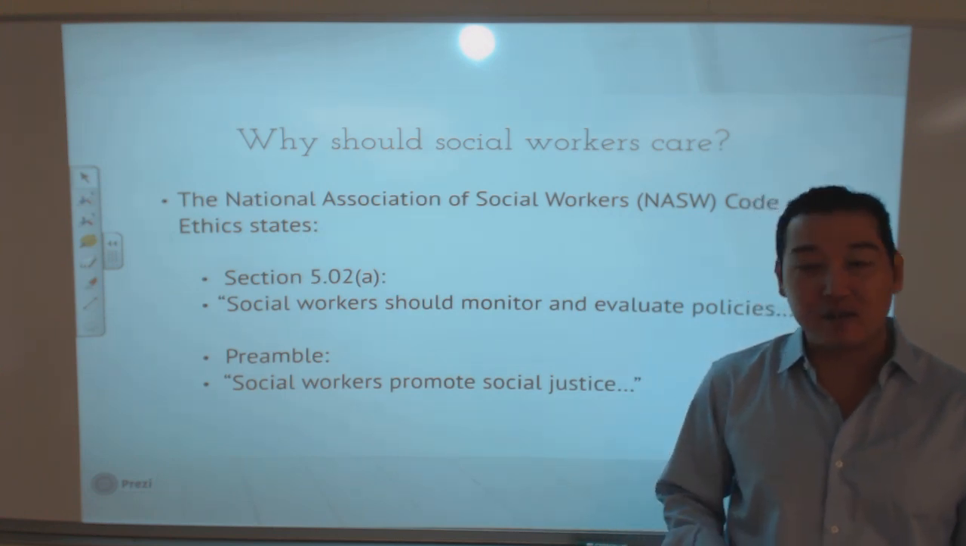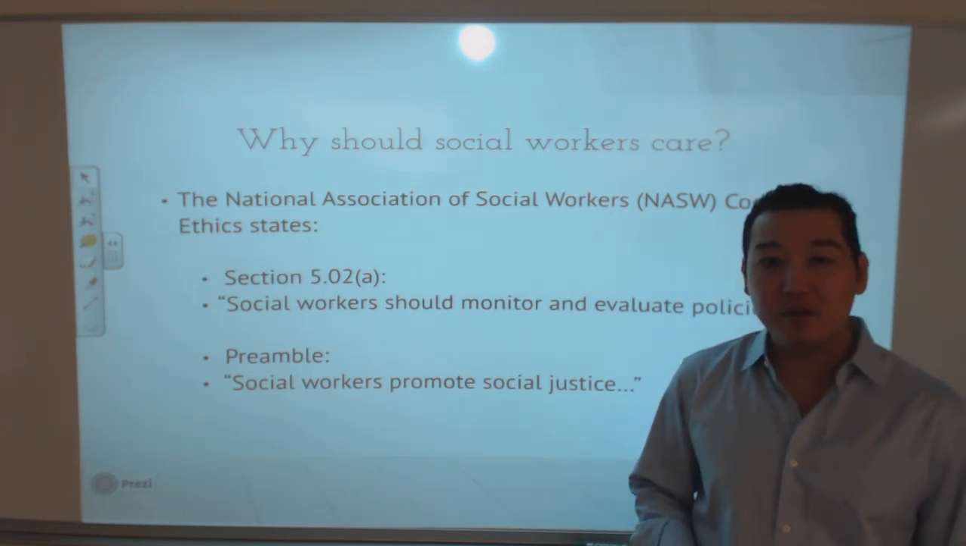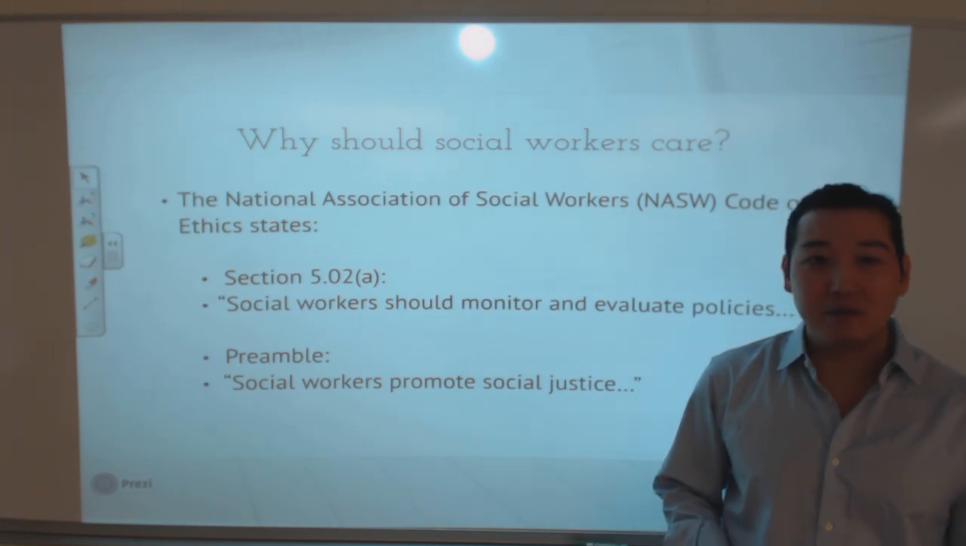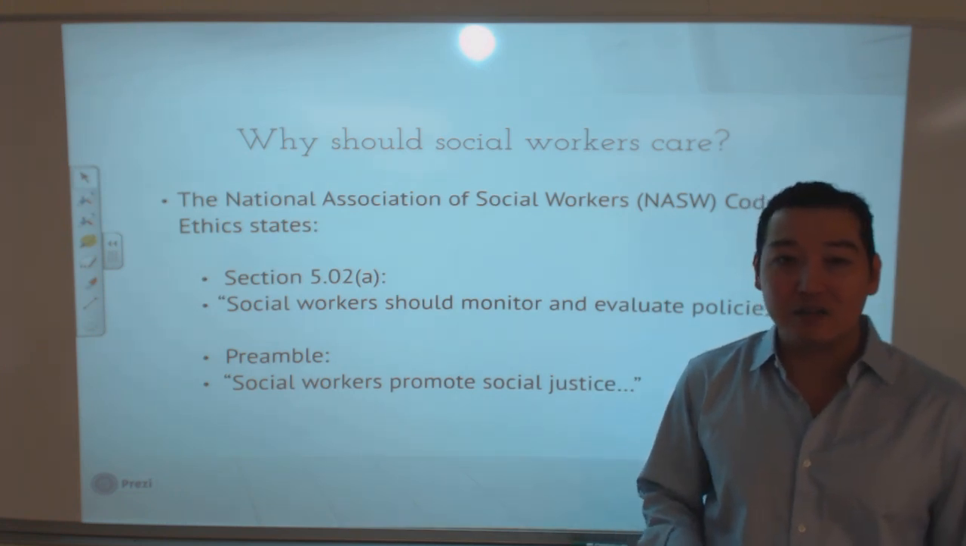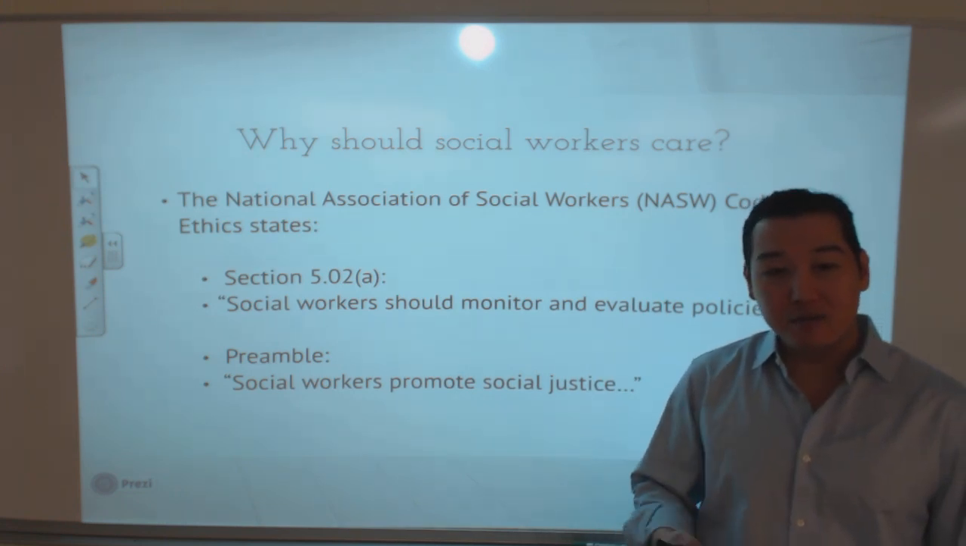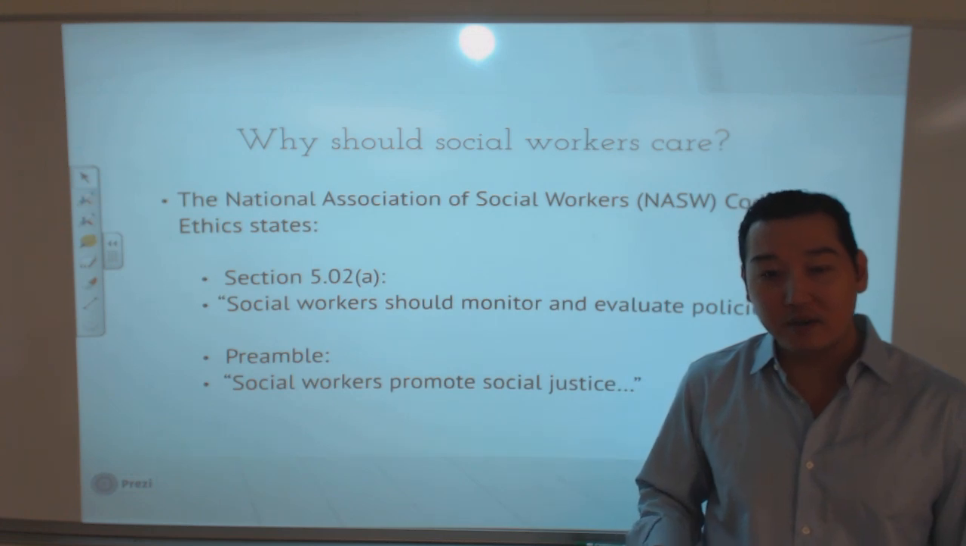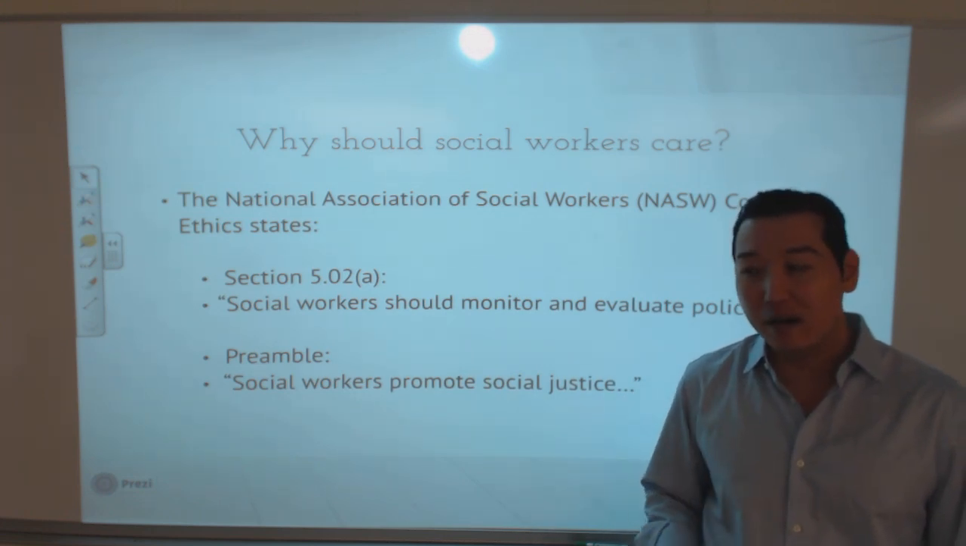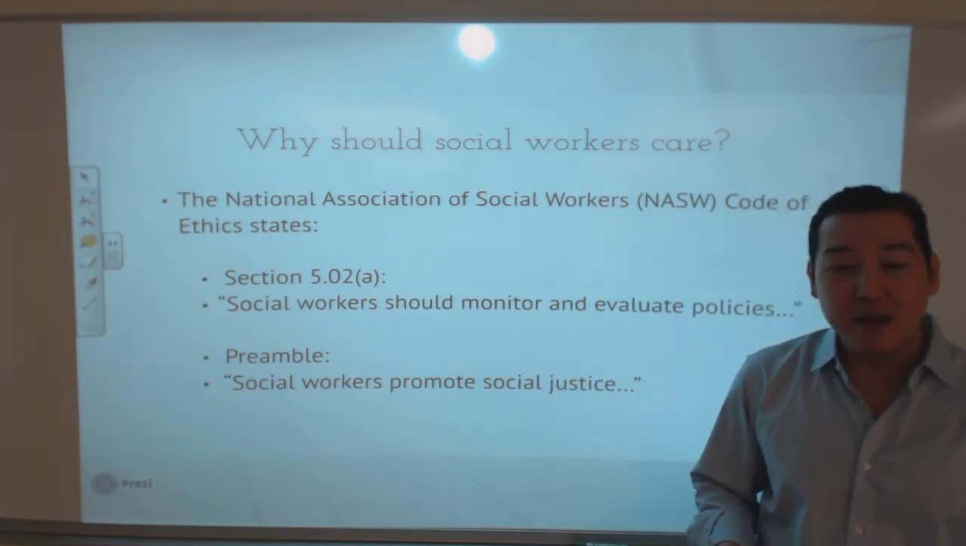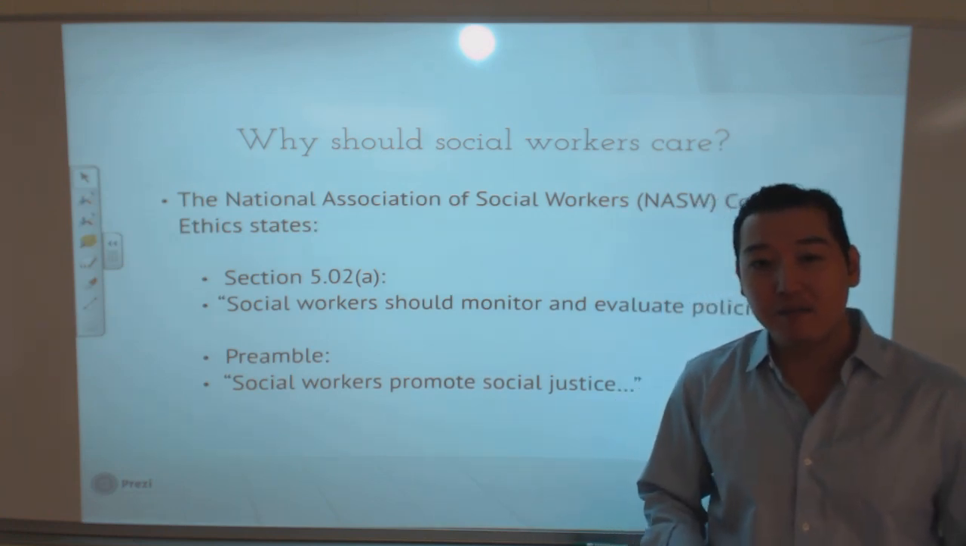I take you to one of the sections, section 5.02a, which says social workers should monitor and evaluate policies. So I don't think you can get any more specific than this particular ethical mandate for social workers to keep current with all the different policies that are out there, and at least the social policies that are out there. And then if you look at the preamble, the introduction